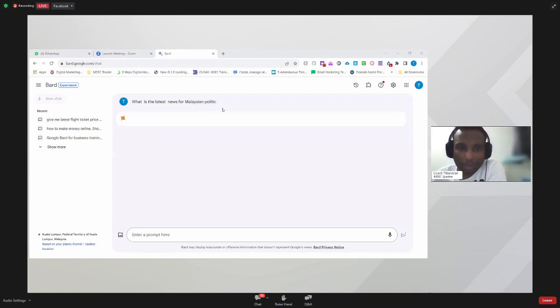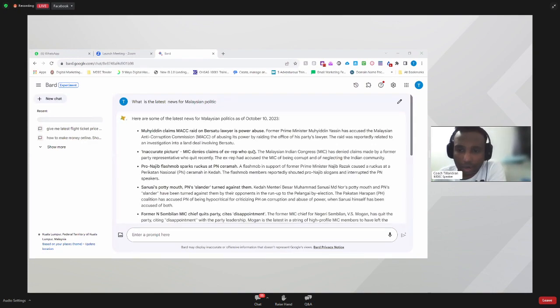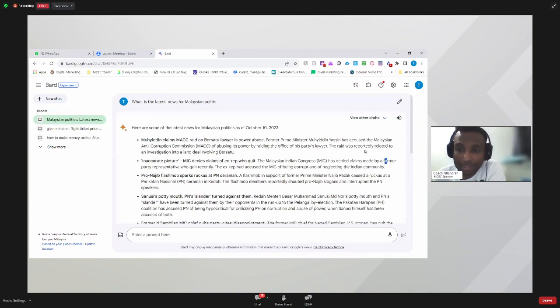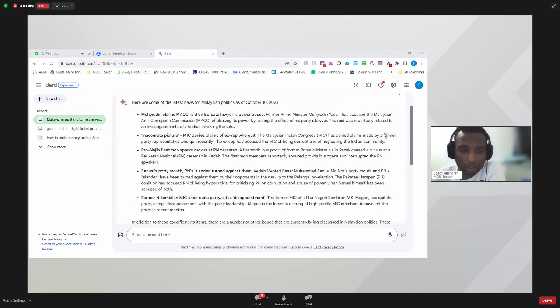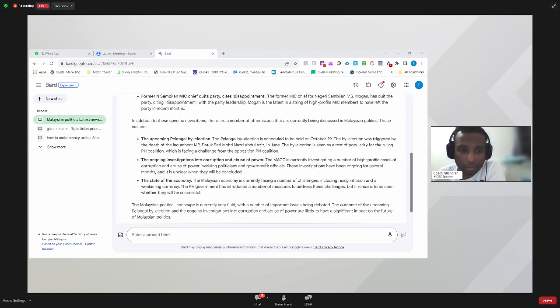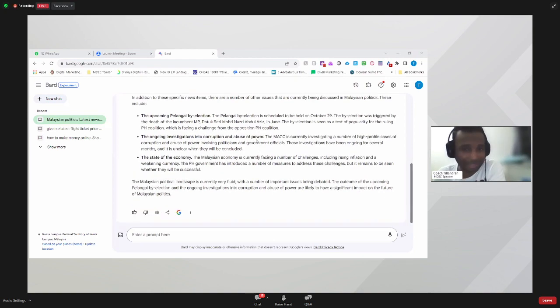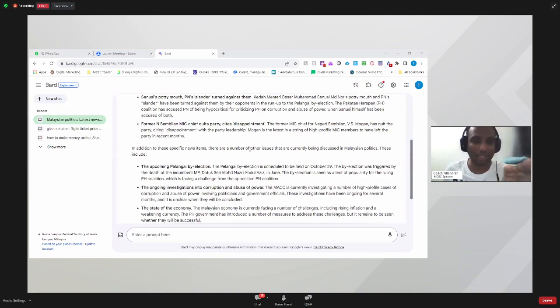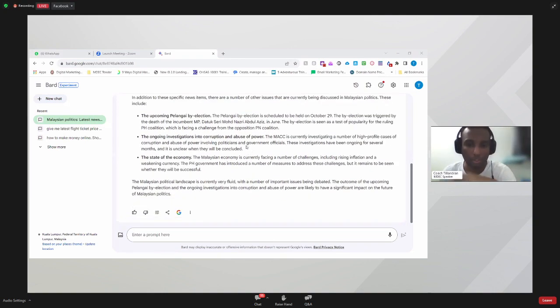So when you type, what I'm doing here is trying to get the latest information on the news that is happening in Malaysian politics. As you can see here, this is the list of news that has come out today, and some of the top news. There is a lot of news that comes out here. This is just general, but the point is this: you can use Google Bard to get a lot of information which is up to date, or even information from many years ago.